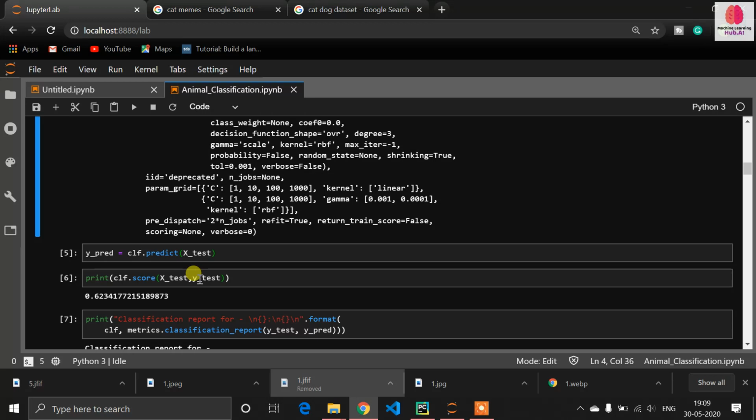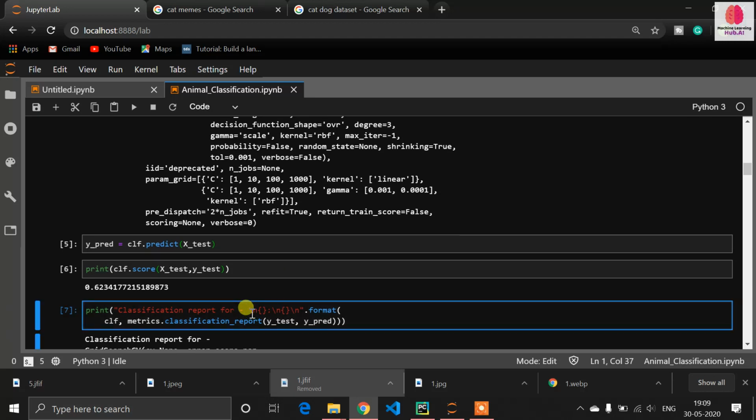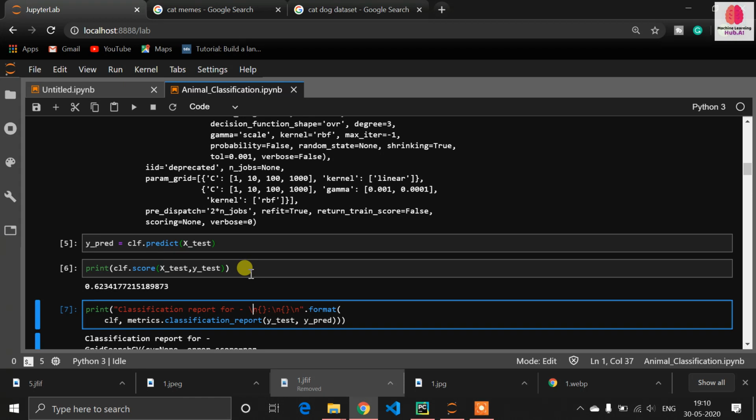SVM is a powerful algorithm, but the data is very large because I have 500 plus images. We need to implement deep learning for this task, but still we are doing this because lots of people will ask, if this is not useful, then why are we doing it? Because we need to learn the difference between machine learning and deep learning. I want to tell you why we need to use deep learning in the market, because we already have machine learning. So this is the reason.